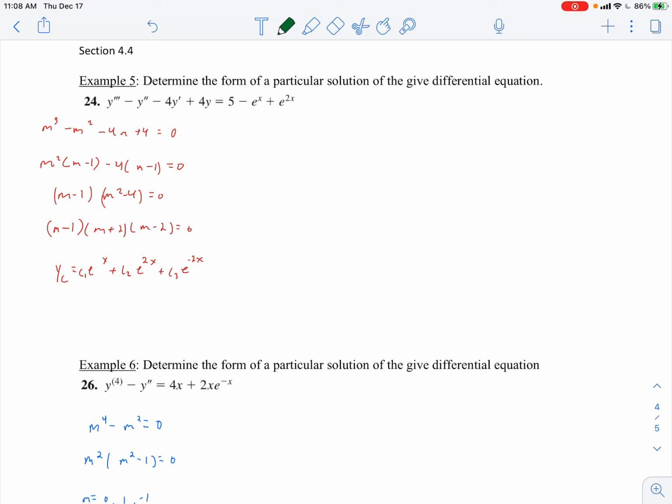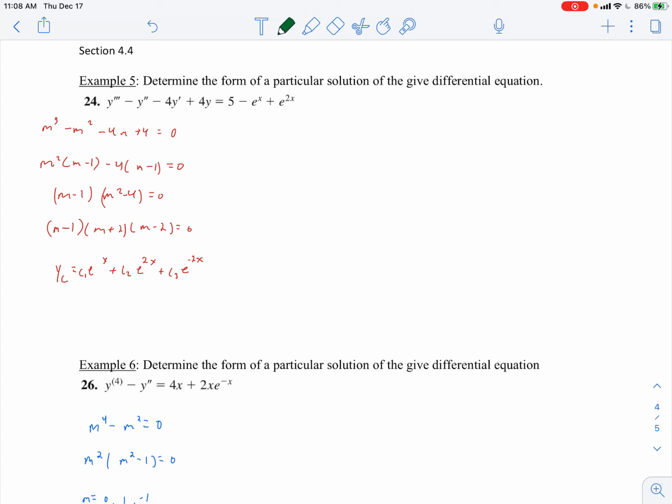So again, the first thing you want to do, here we're just trying to find the form of the particular solution. So we're just setting it up. We're not actually finding the particular solution. We just want to know the form, all right? Because this one's a long one when we do it. And so we're just going to find the form. So we're just going to work on making sure that any of those repeated values, we're taking care of those